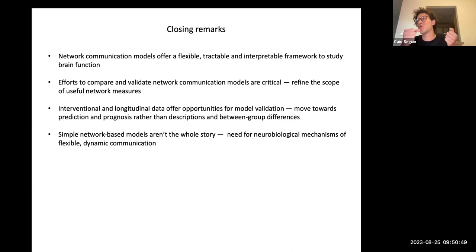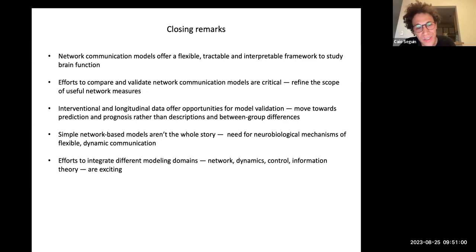They can't really tell you why a neuron would send something down a particular path, right? And I think in order to answer this question, we actually need to integrate different modeling domains. The networks that I presented here, but also dynamic models. So Bataya has some work about this, flexible routing as an emergent property of dynamical systems. They have some really cool work.